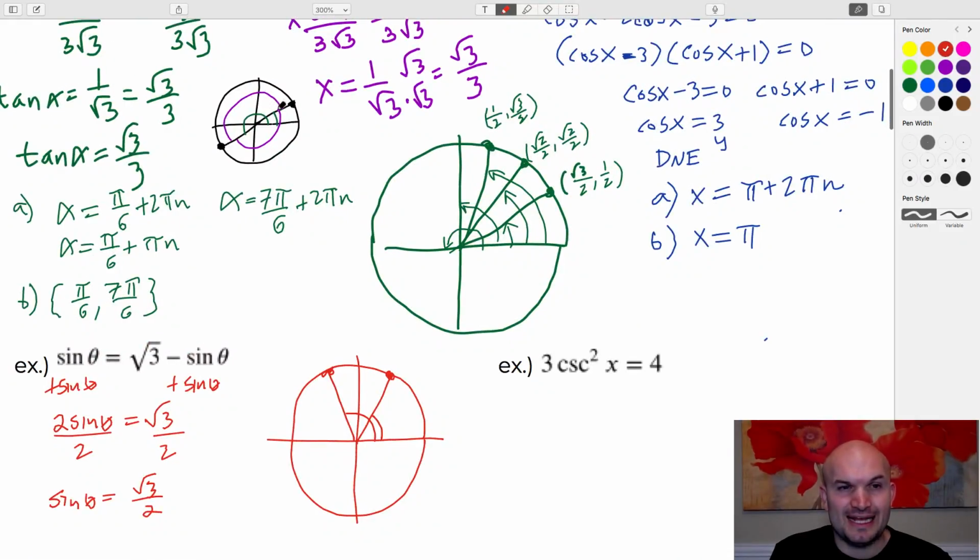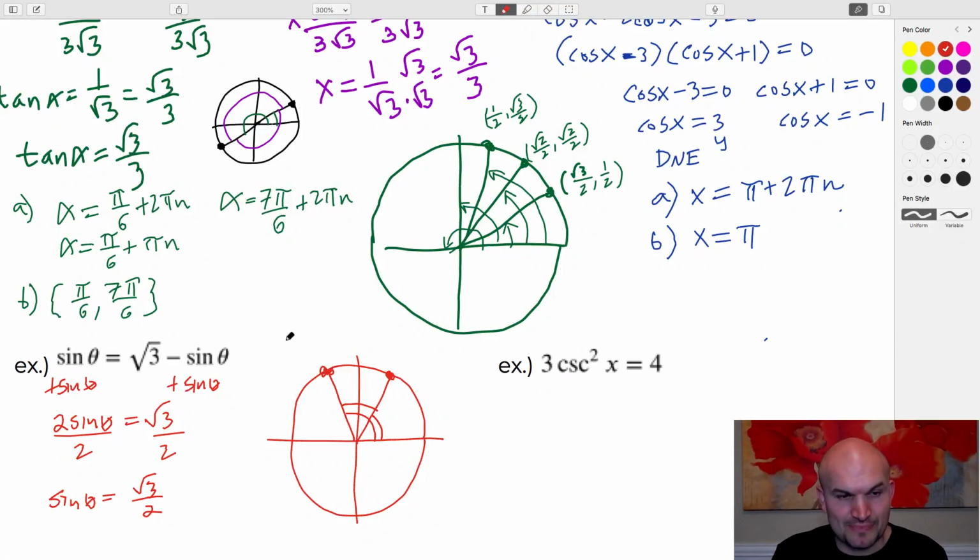See here, I could add pi, which would take me to the next angle, right? And if I added pi again, it would take me to the next angle. Over here, the distance between these is pi over 3. So if I take my first angle, pi over 3, and I add pi over 3 again to it, I get 2 pi over 3. But if I add pi over 3 again, that takes me to 3 pi over 3, which is not a